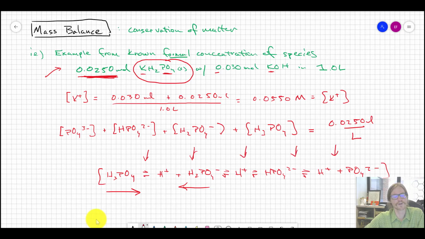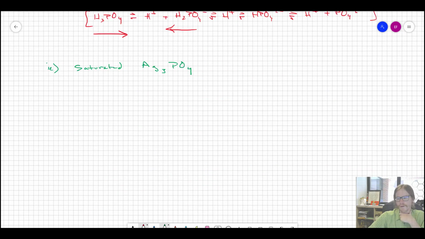And all together, if we can get to a point where we have enough equations that satisfy at least the same number of unknowns, then technically we can solve it. It's not going to be pleasant, but we can solve it by substitution. Okay, the second scenario in which you may be asked to write a mass balance equation,